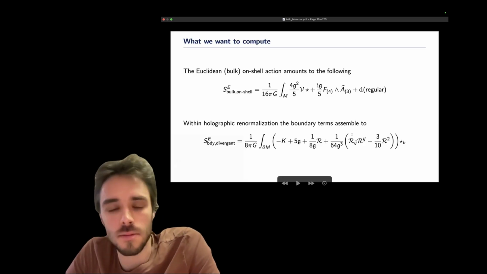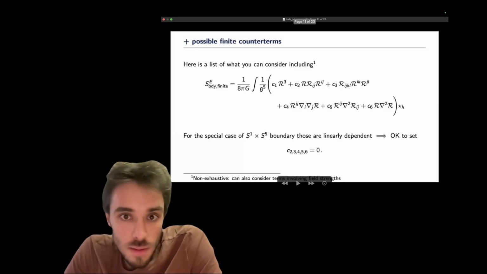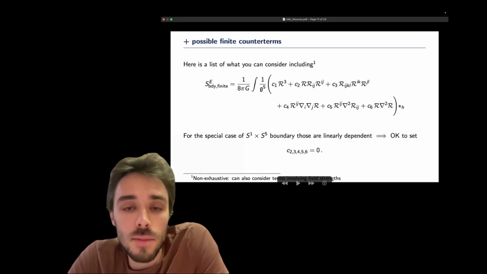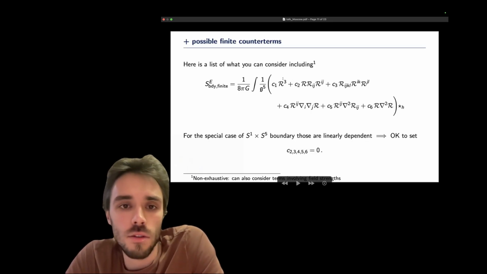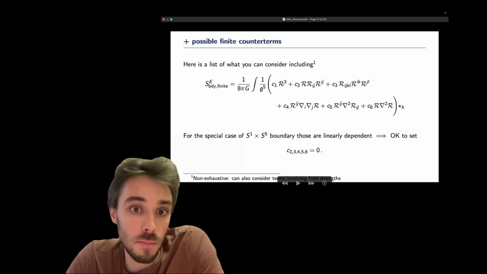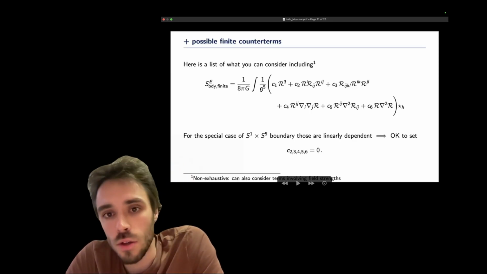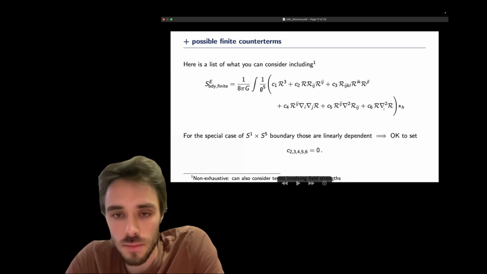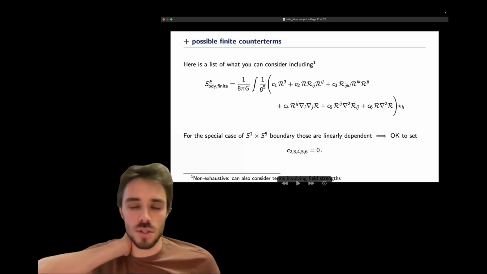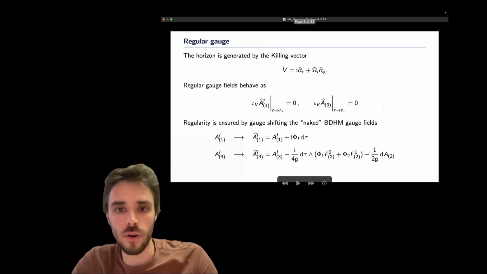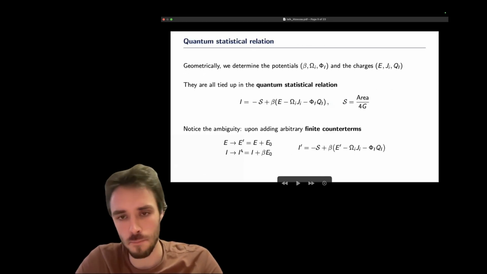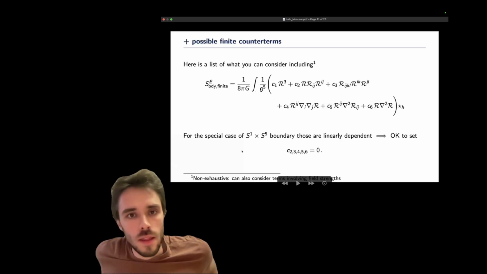That's a must. But as I told you, there is scheme dependence. And you can also add the following items. You can add arbitrary linear combinations of anything involving curvature on the induced metric to the third power. So you can do r to the 3, you can do this, you can do this. You can add all of these items, and each of them will be finite. So it will not introduce divergences, but it will modify your answer. It would perform this operation. I goes to I prime. Okay. Now, of course,